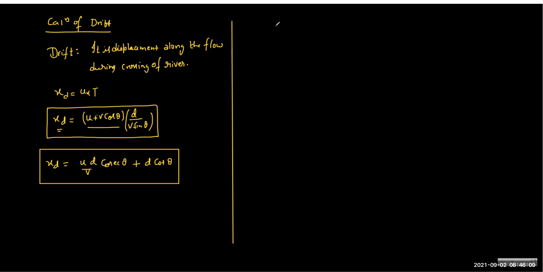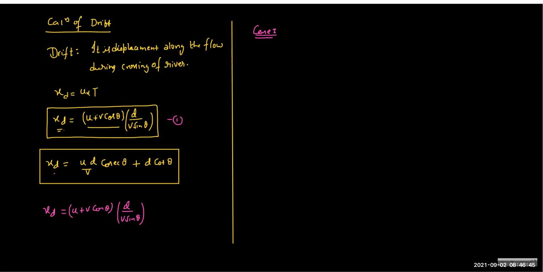So this answer is also correct. I got why we are getting this problem. Xg, we can look at the first expression. Xg is (u plus v cos theta) into some time. Now, to cross the river, that many conditions: the flow velocity is greater than the swimmer's velocity or vice versa. So we can take the case